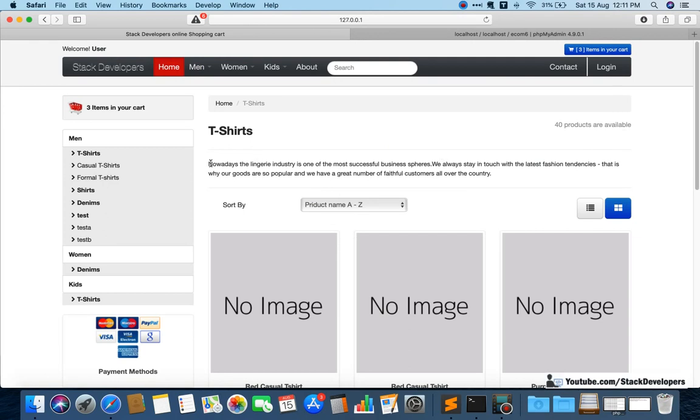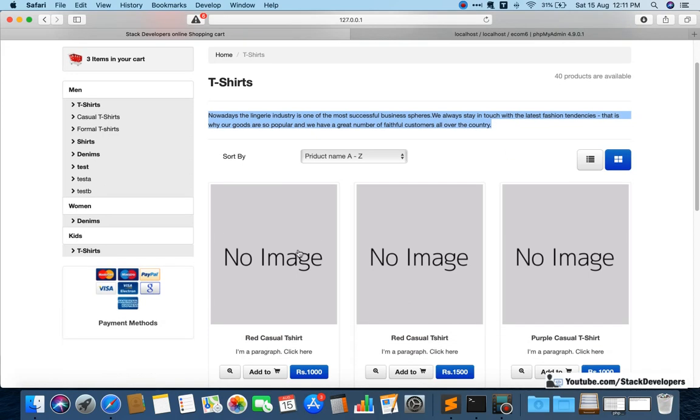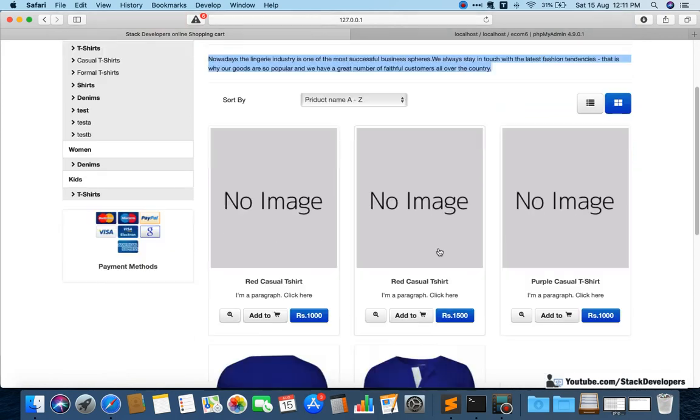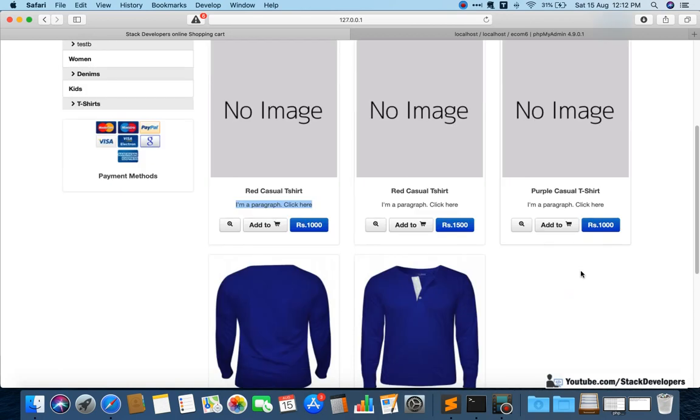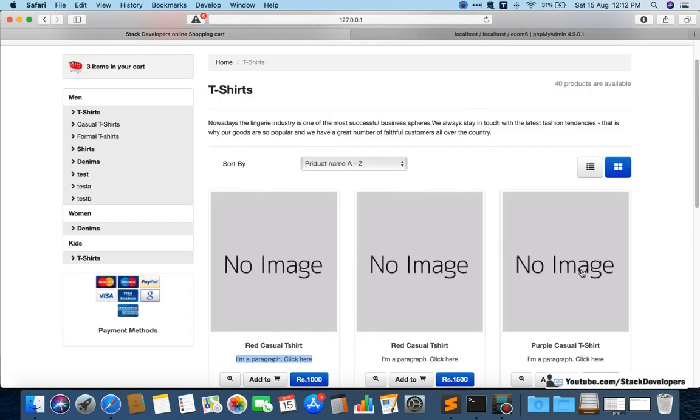And here we are going to show the category description. Right now it is static wording, we are going to pick it from the admin, and if there is a description about this category, then we are going to display it here. Here in products, we are going to show the brand instead of the description, because brand looks fine. We are going to show which brand this product belongs to. So the brand name will come here with every product. All these changes we are going to do in this video.